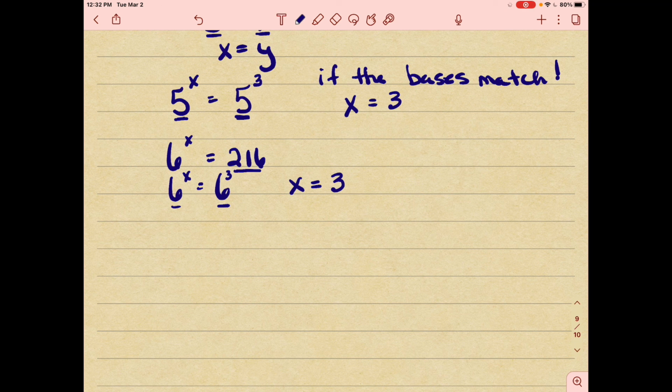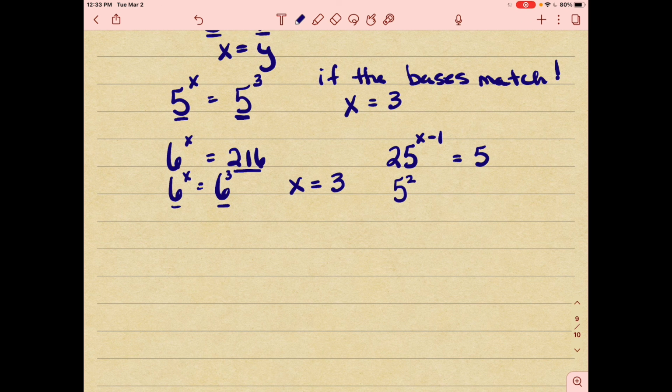3. So now we need to kind of go back because, yeah, that's actually what we want to know. x equals 3, because 6 to the third is going to equal 216. Let's try something that has a little more obvious something that we want to solve for. How about this? All right, can we make the bases all 5? Sure we can. 5 squared